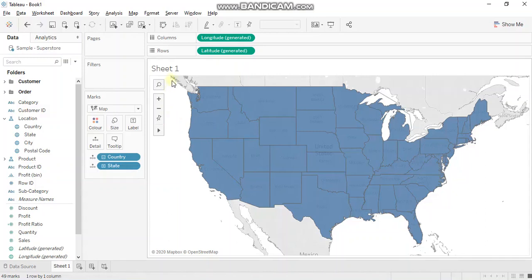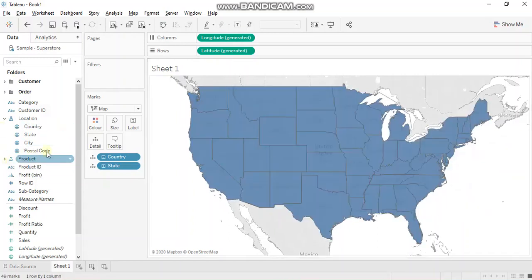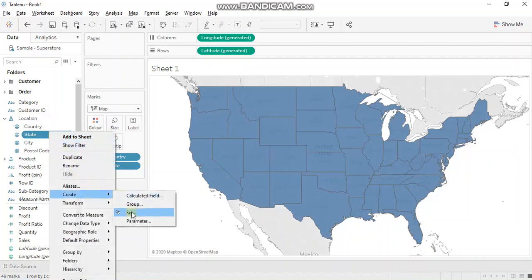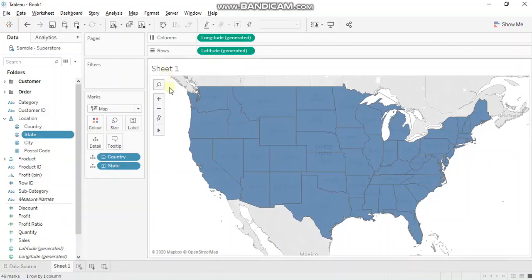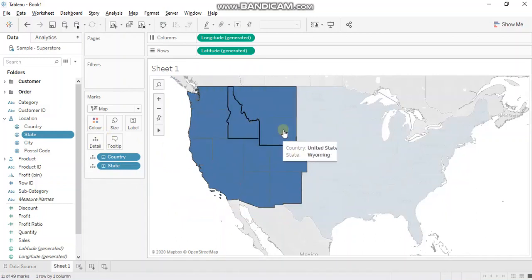Now there are multiple ways of creating groups. Either you can select values directly from the visualization, or you can go to the dimension, right click and create a group. I'll select values directly from the visualization. Let's include all these states into the north region.